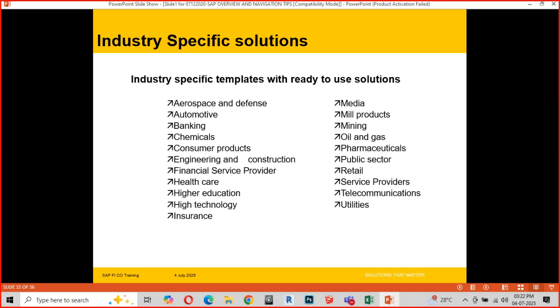You have HAL, BML, BL working on the defense side of India. So they have their own things. So it has gathered all the requirements of how the public sectors function, and it has given a standardized product on which I build